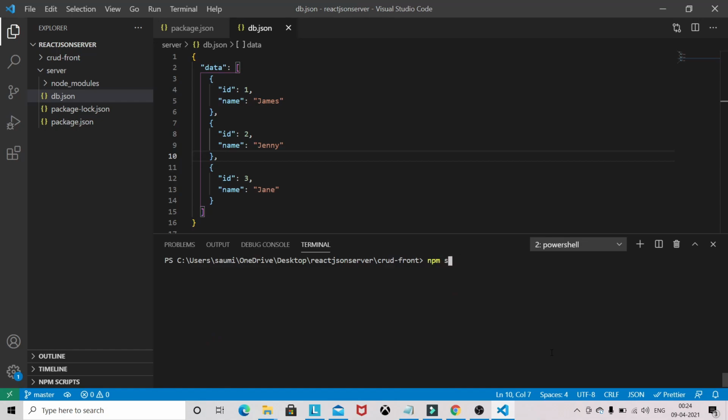Before I start, let's first install the necessary packages required to build this CRUD application. So I first need React Router DOM. I need Ant Design, and I need Ant Design icons as well.